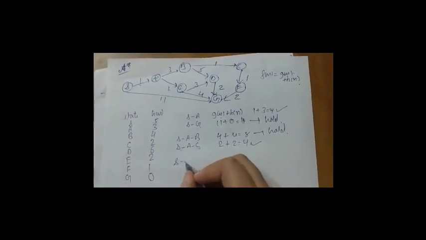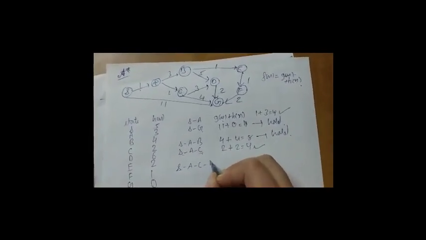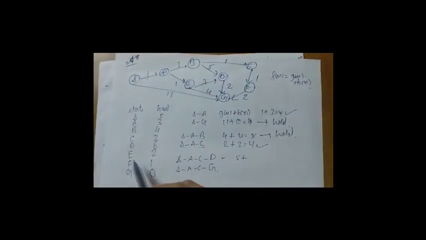So from C it can go to D or it can go to goal state. Now if it goes to D, then 5 plus heuristic value of D, that is 6, equals 11, and if it goes to G, then it would be 6 plus 0, 6. Now this is the minimum value, keep this on hold.